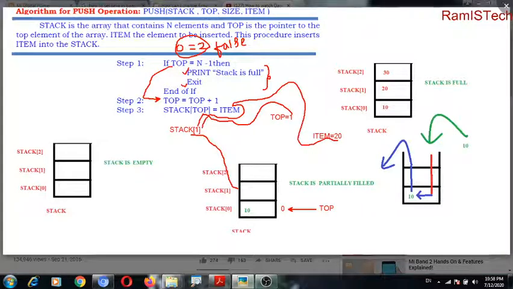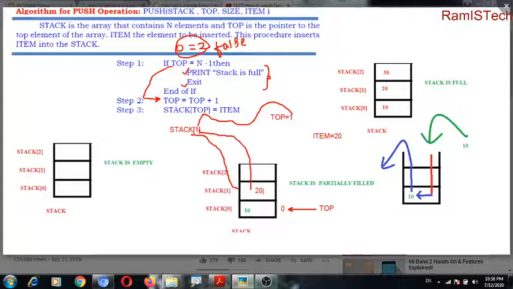Stack of 1. Stack of 1 means this memory location we are moving into. What value are we moving? 20 we are moving.